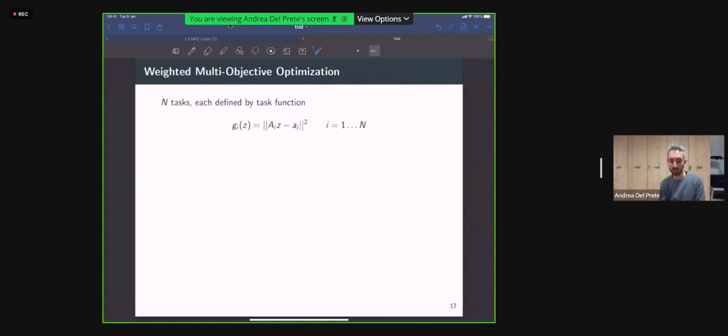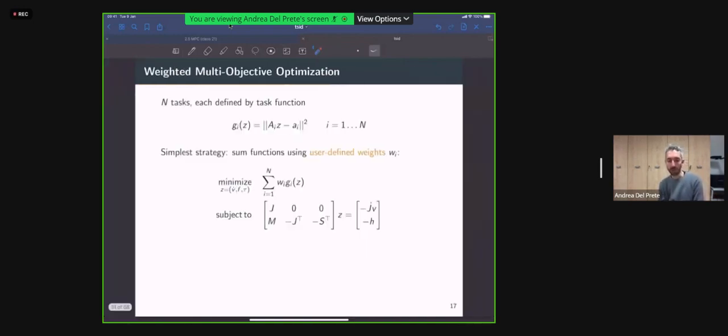So we're going to end up with a list of cost functions, let's say from 1 to n. Each cost function is going to be a convex quadratic function like this one. And a very simple strategy to account for all these tasks at the same time is to sum up the cost functions